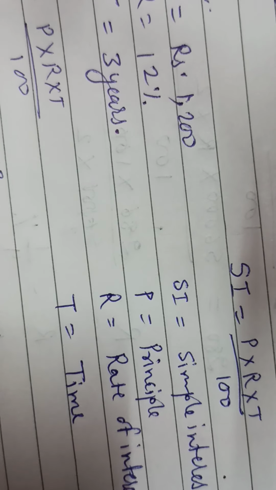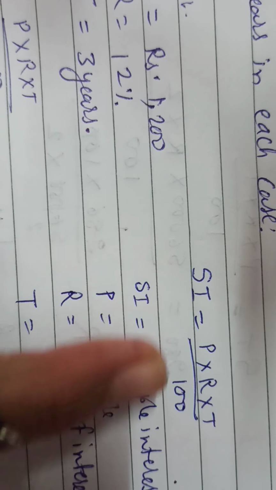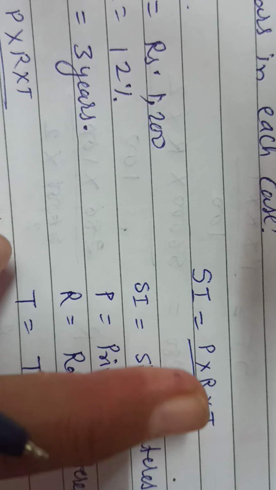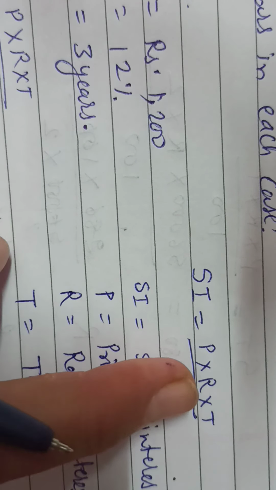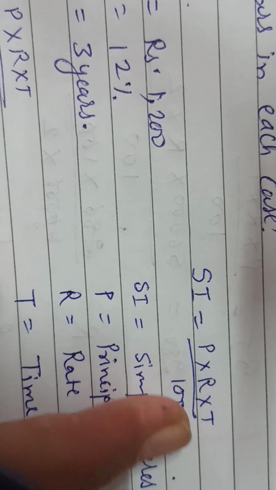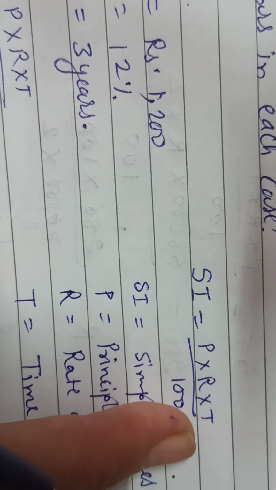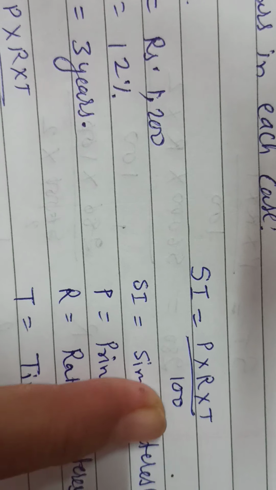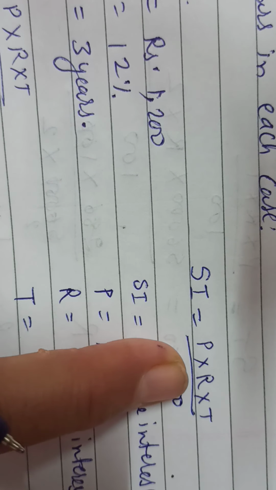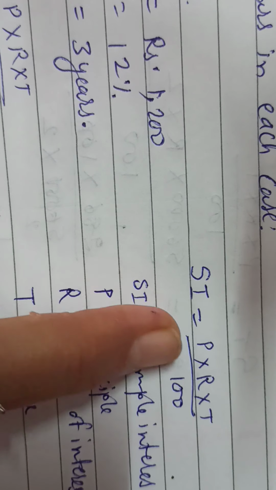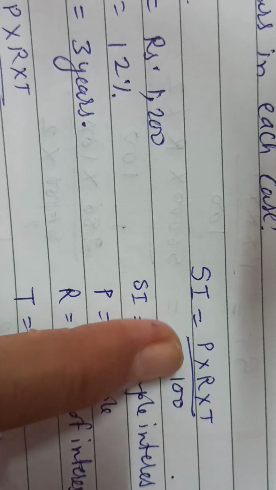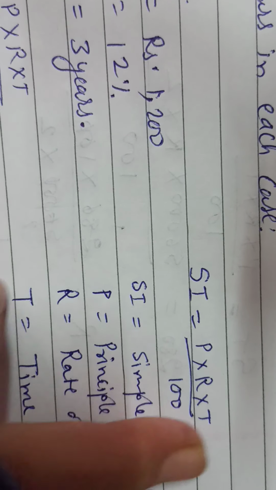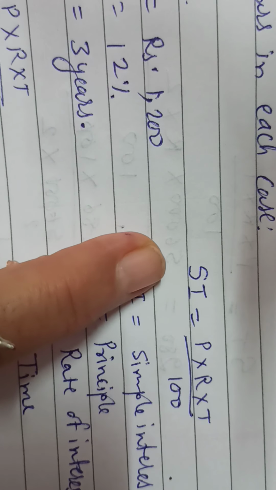So when we have to find simple interest, it means the money we deposit in a bank. Suppose the bank gives 8% rate of interest, and we deposit our money for 1 year. So simple interest is equal to P into R into T by 100. Here we have taken R as 8%, T as 1 year, and P as our money, suppose 2000 rupees. We put in place of P 2000 into 8 into 1 upon 100. By this method we can find simple interest.